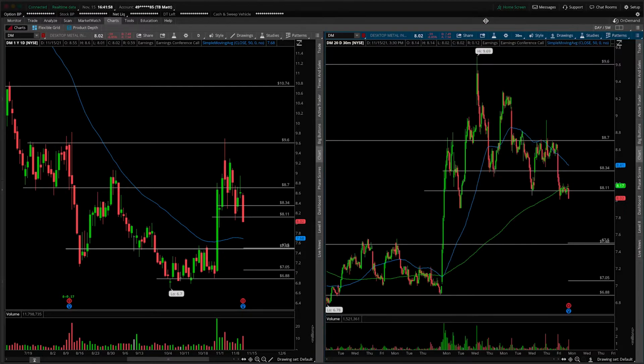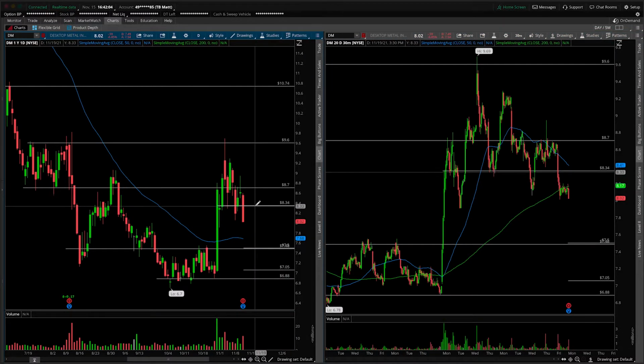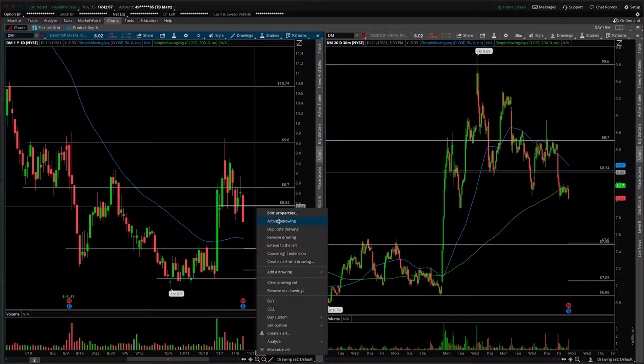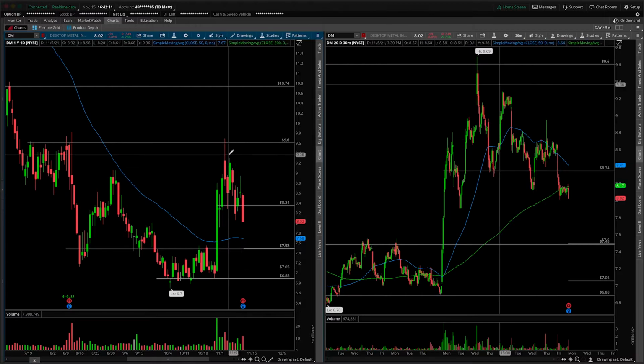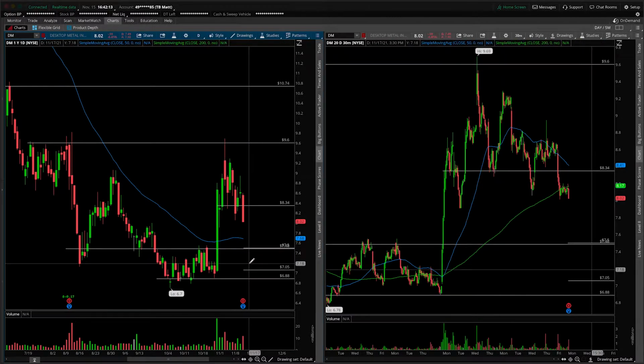But anyways, let's talk about the framework which we will be using to navigate this trade essentially. So what I want to do is clean up a couple of levels that are close to where we need to be paying attention. So I'm going to get rid of, actually that one can stay. This is no longer really important. We chopped through that. We want to have that one on. That's good. Okay, so everything is all good here in terms of levels now.